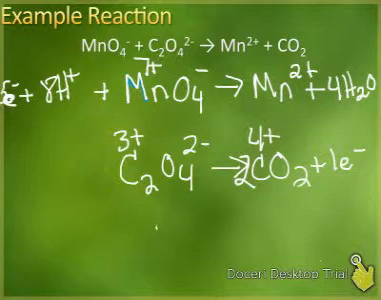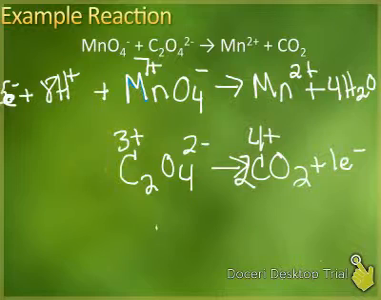No, because the oxidation number didn't change. It's -2 on the left, it's -2 on the right, so we don't have to worry about it. The only time you have to do this is if your oxidation number changes. Okay, so the next step says that we need to multiply the reactions by a whole number so that